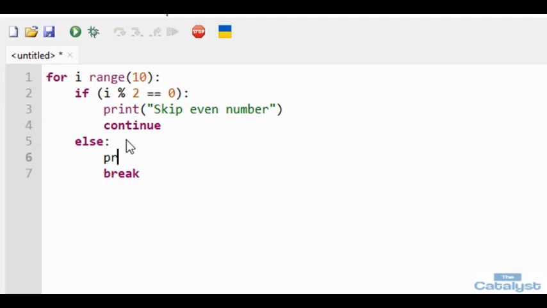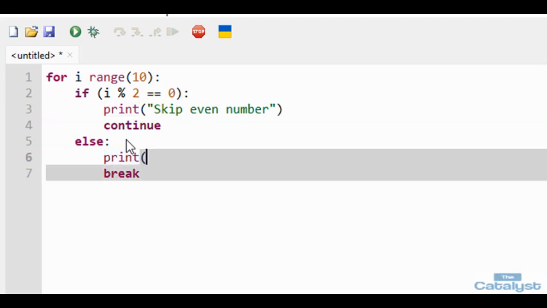Maybe I will write a statement, I'll print and say break the loop. Instead, I would prefer that we continue when it is not even, and then we break the loop when I equals to